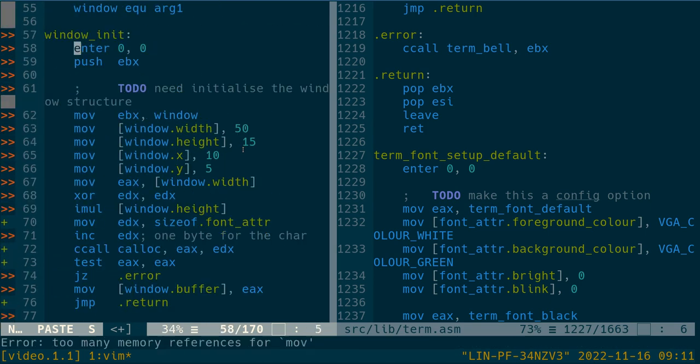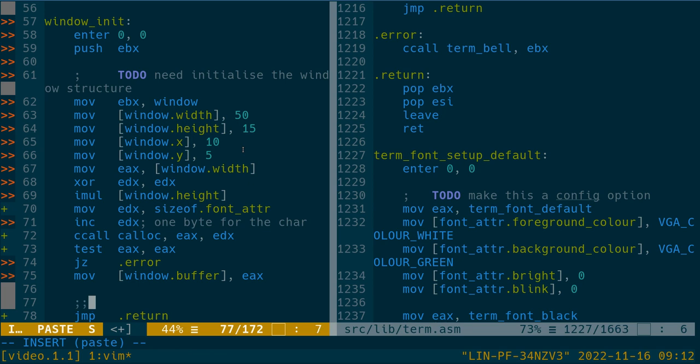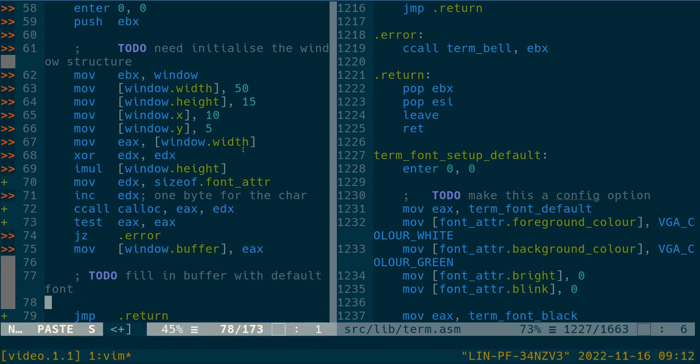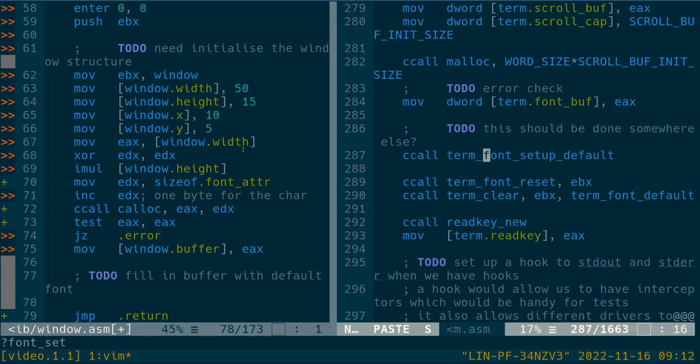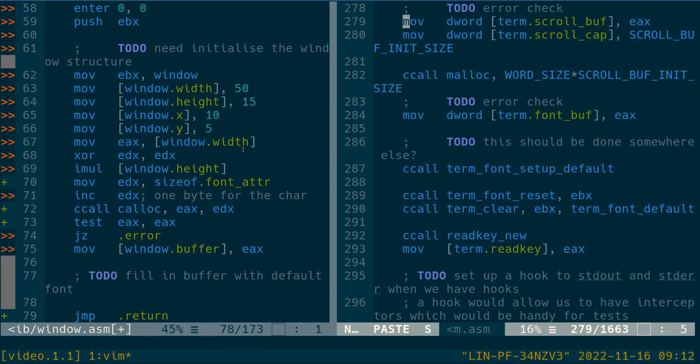Because we kind of have the font in there, but I think to do fill in buffer default font. Yes. Yeah, so we'll need to do that at some point. This isn't in it, so